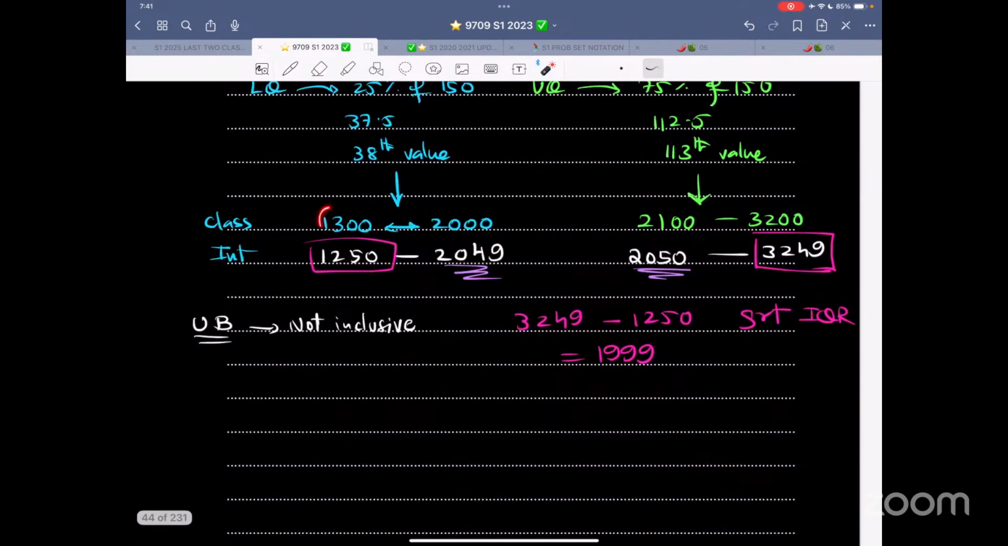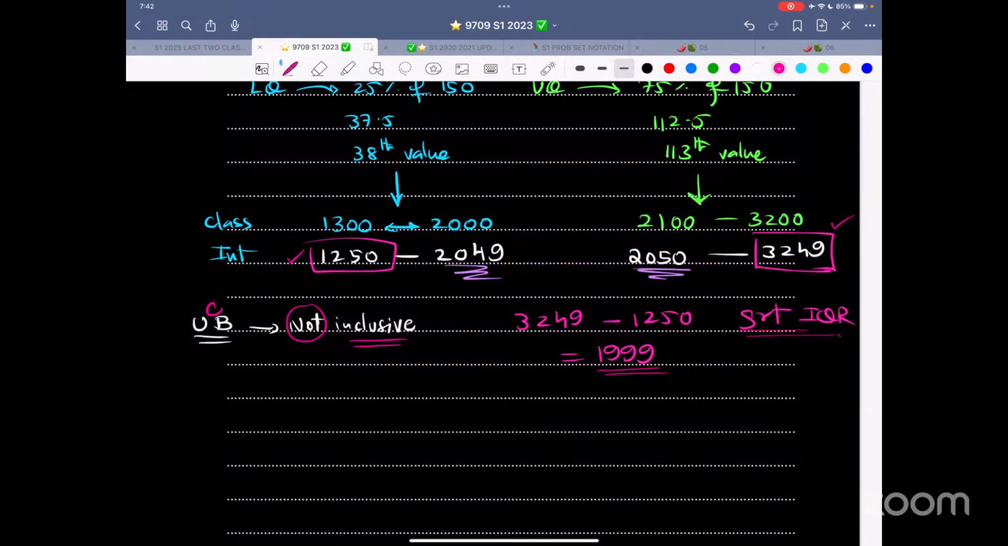Now think about the upper class boundary. 1300 becomes 1250, 2000 becomes 2049, 1 unit lesser. It is actually 2050, but for this calculation, we take it to be 2049. 2100, that's 2050, 3200 is 3250, take 1 unit lesser. So now the upper class boundary, UCB, is not inclusive. That is why we are writing it this way. And the difference between this highest value and this lowest value, that is 1999, is the greatest value of